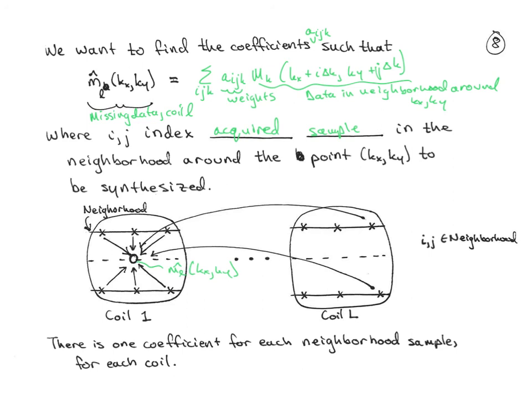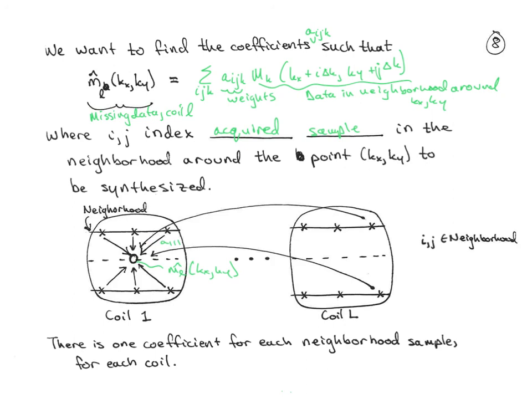Okay? So what we would do is we would take this coil's data at this offset, which would be a 1 1 1, because this is coil 1. So this is coil 1, that's the last index, and then this is one offset in kx and one offset in ky. So we're going to multiply this data point by a 1 1 1 to try to get this,